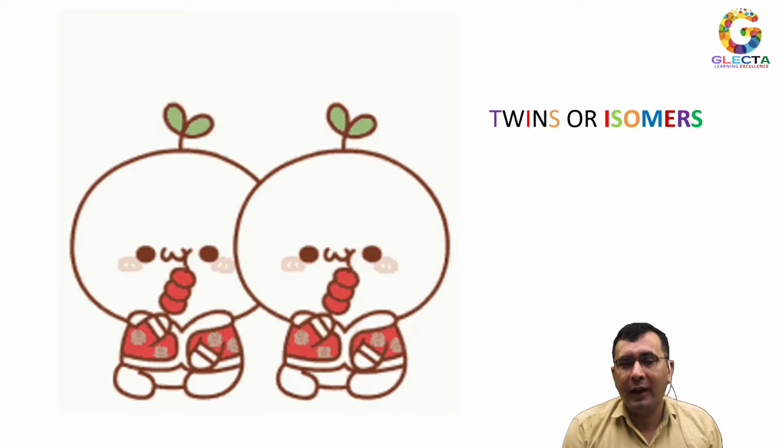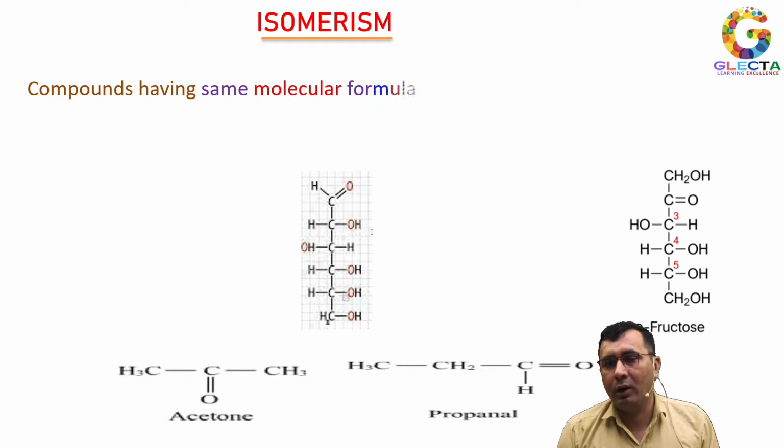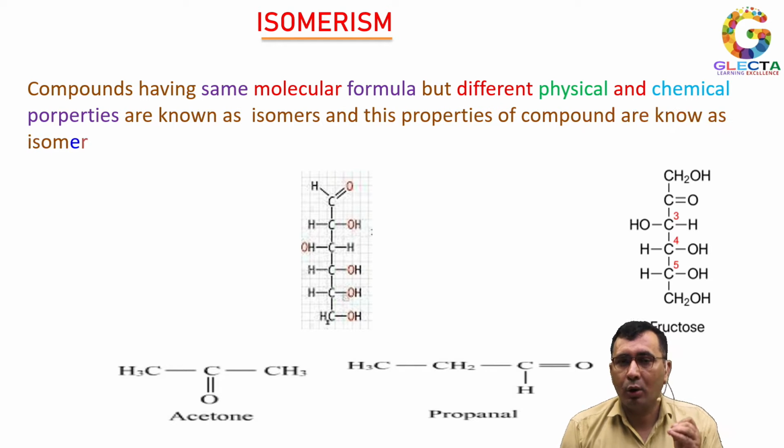Now let us define what we mean by isomerism. Isomerism means the compounds having the same molecular formula but their physical and chemical properties are totally different. They are known as isomers of each other, and this property is known as isomerism. You can see